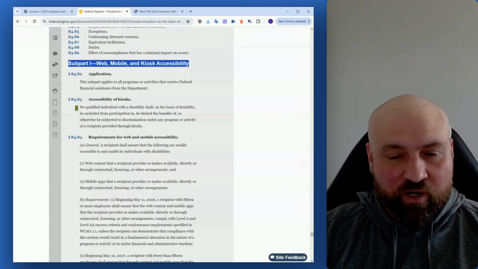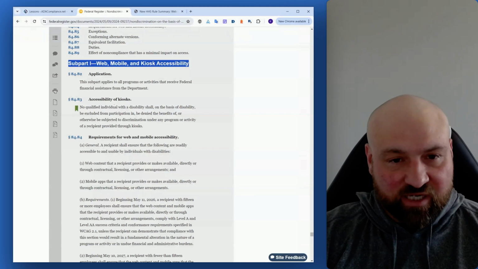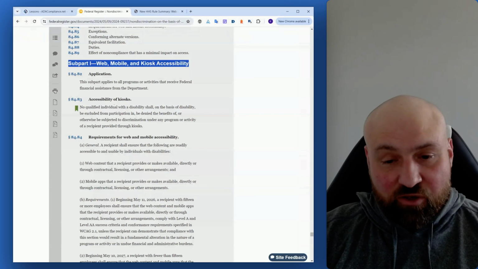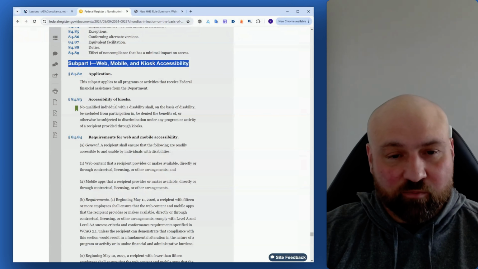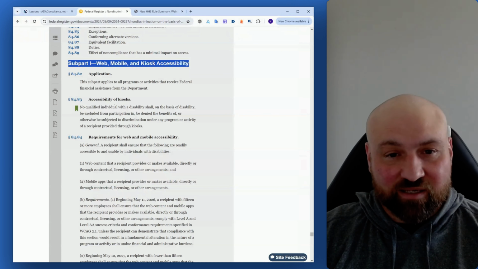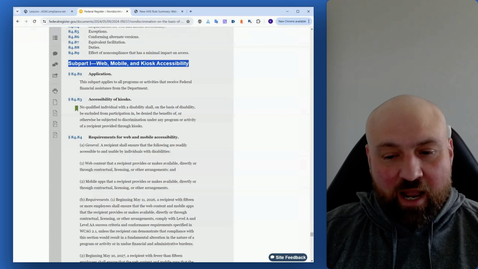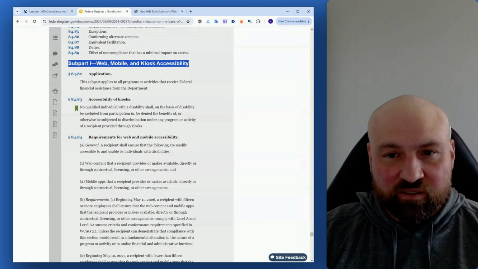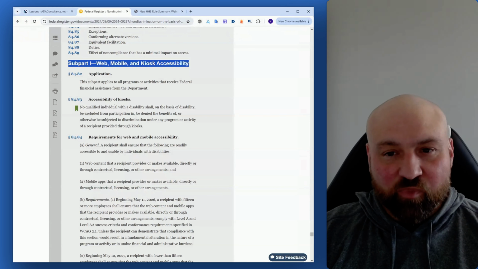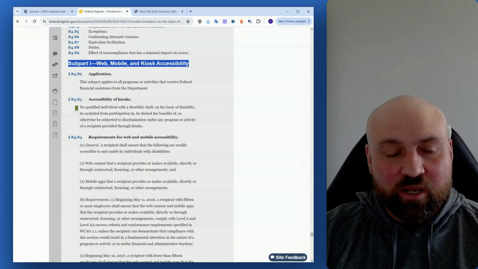But just know that when it comes to compliance for digital accessibility under this new rule that has been issued by the Department of Health and Human Services, it's going to mirror the requirements of Title II. So I will probably cover some more specific to the new HHS rule, but just know that it mirrors Title II. So I'm going to include many resources to help you work through compliance.